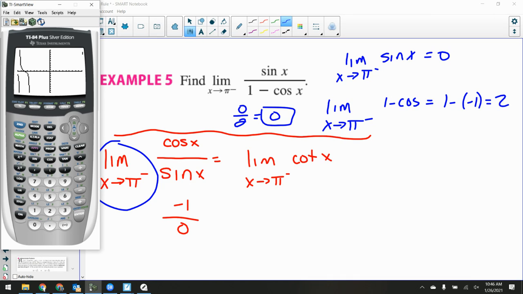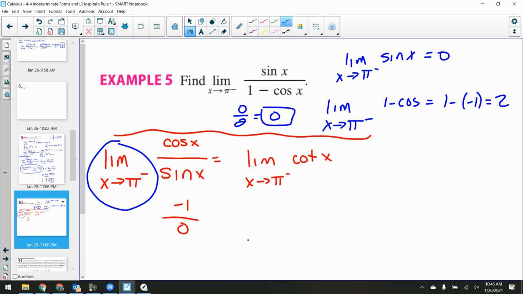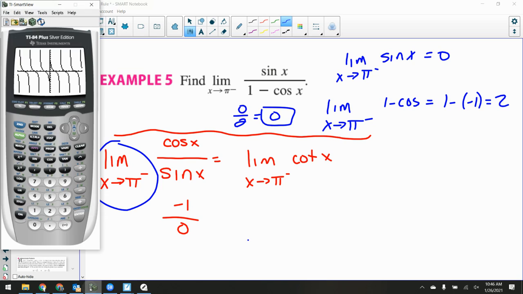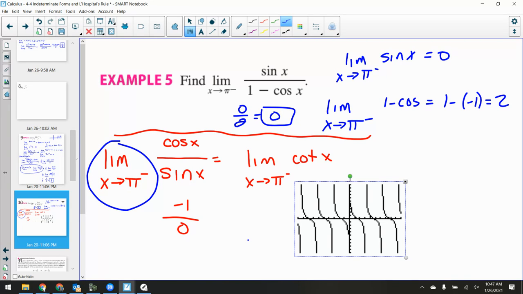Because if I graph that, they wanted to say, looking at the graph of cotangent, looks like 3.14. From the left side, where is this going? To negative infinity, right? So they were trying to get you to do a little bit more work, to graph it and to see, okay, from the left side on the graph of cotangent at pi,